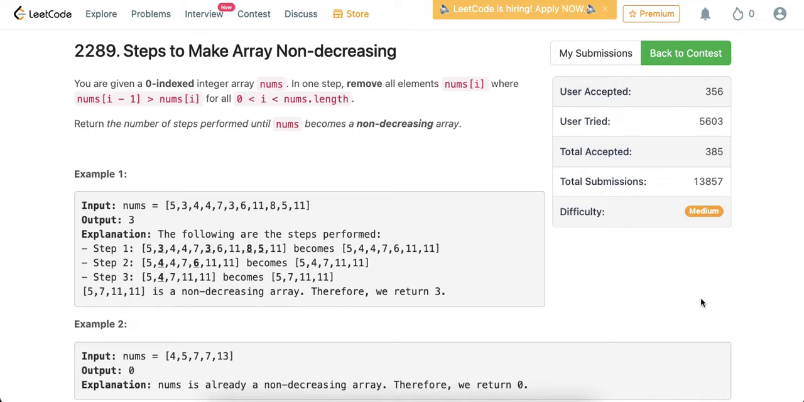Let's start with the problem. Then we talk about tactics. We talk about code implementation and time complexity. Start with the problem. So we have an array nums, which is a zero-indexed array, where